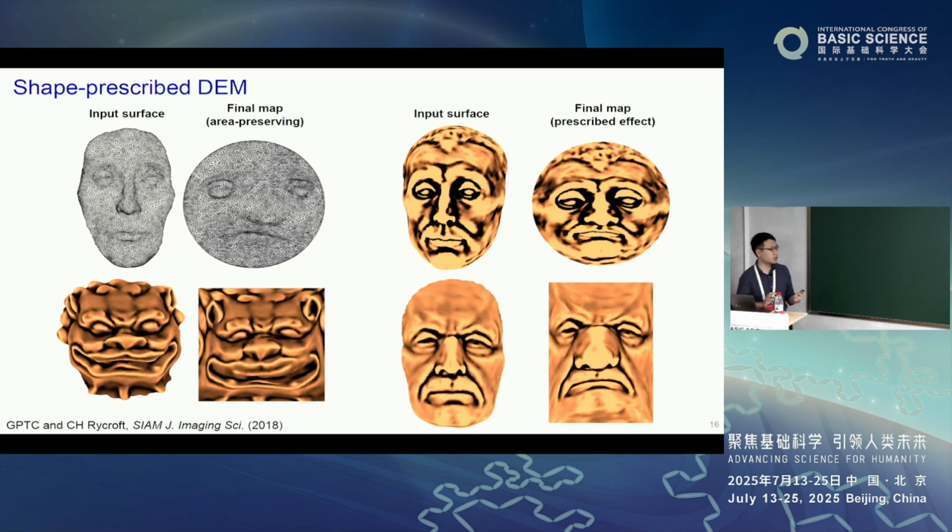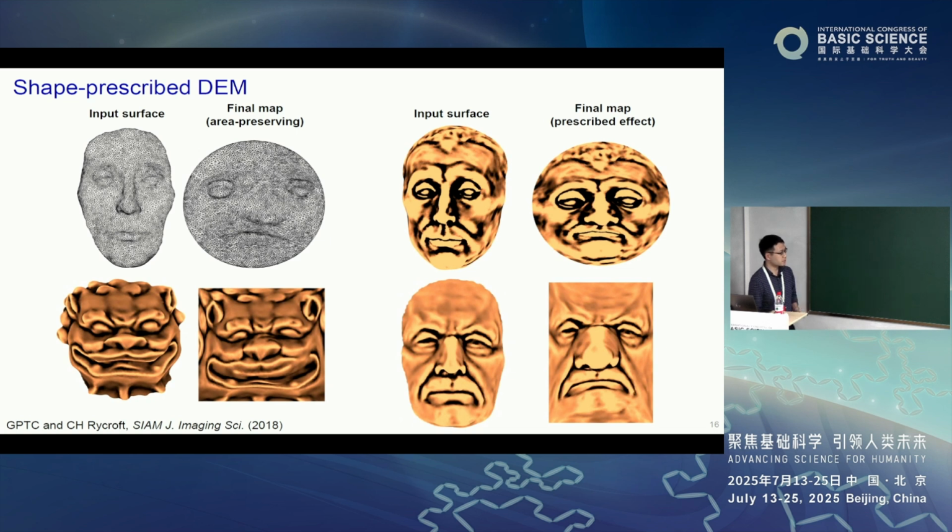And again, we can also do this for the actual 3D mappings. So we have an input surface in three dimensions, and then we can start with some kind of initial flattening map, and then we can compute the shape prescribed density equalizing mapping computations. And in the final results, we will be getting something like this if we want to achieve an area preserving mapping. Or we can also achieve an area preserving mapping that maps this kind of lion head to a square